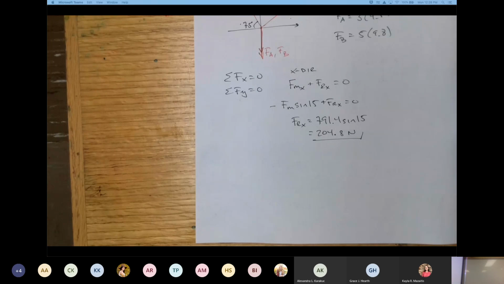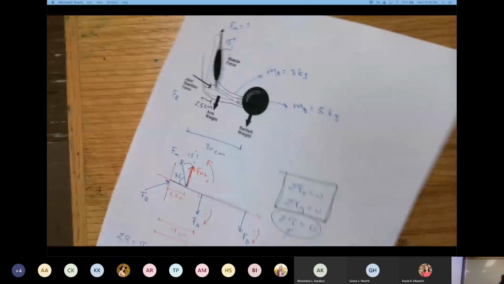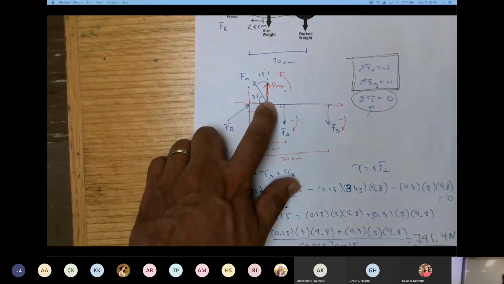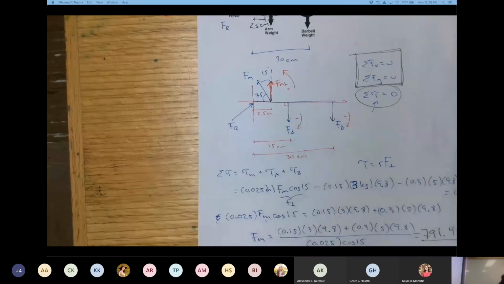Okay? I have a question. Sure. How come we use the sine of 15 here and then above it we used the cosine of 15 for the other one, even though the angle is drawn the same? Well, in this one, I calculated the x component. And in the previous case, I was calculating the one that's perpendicular. So you can imagine this along the y-axis. That's why in one case you calculate with the cosine, and in another case you use the sine. It just depends on what component you are looking for.